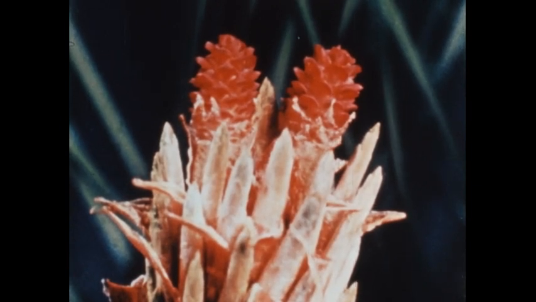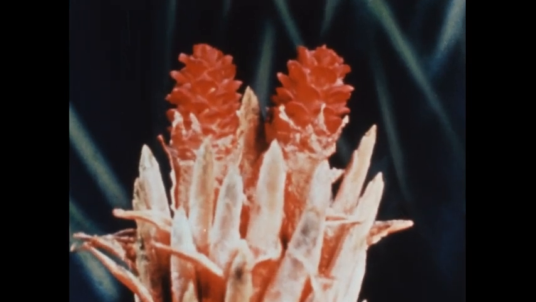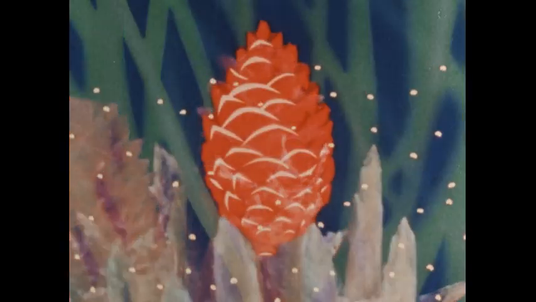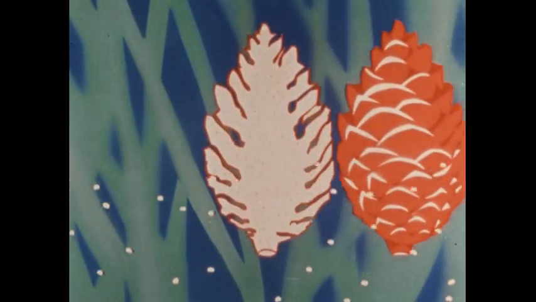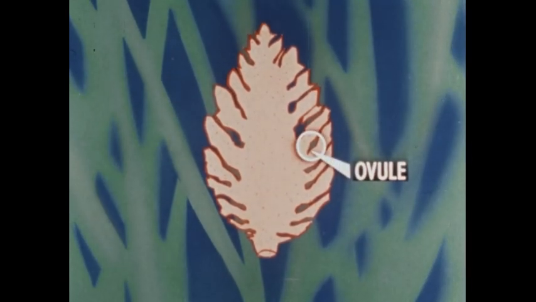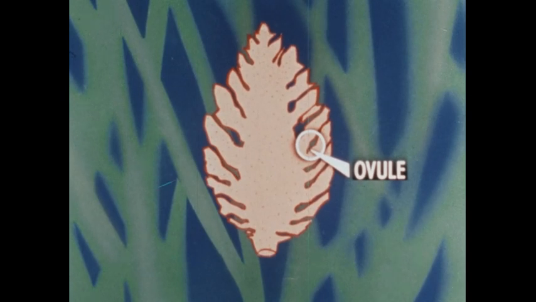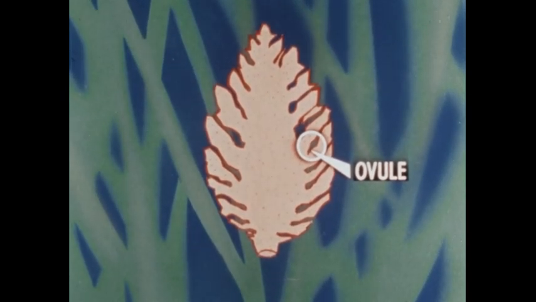The events taking place within the seed or ovulate cone at the time of pollination cannot be seen by the unaided eye. So let's watch this action in this longitudinal section drawing. The scales of the young seed cone are spread apart. The ovules are on the upper side of each cone scale. These ovules contain the large spores which will develop into female gametophytes.